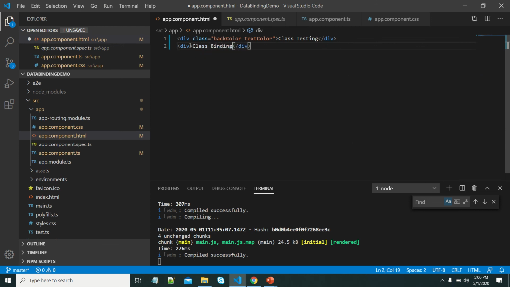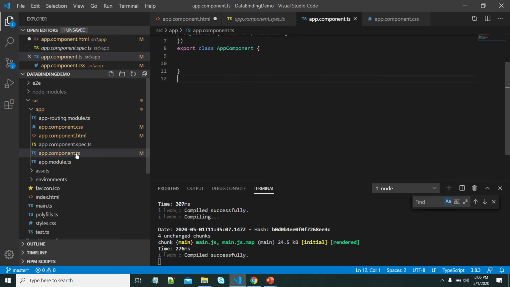We need to specify class.backColor is equal to the value coming from the component.